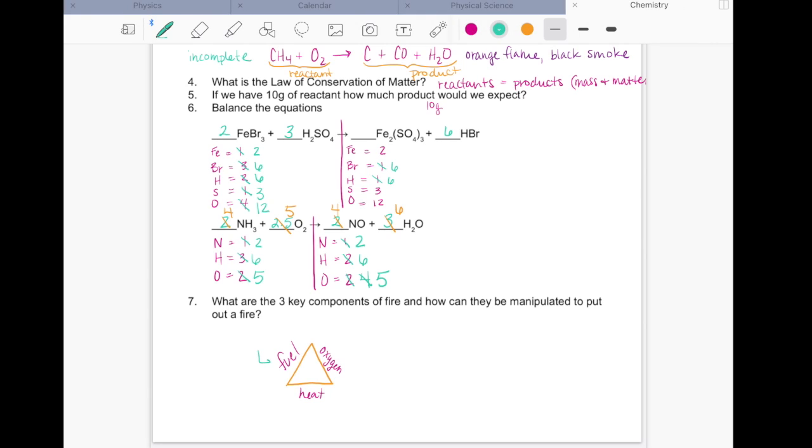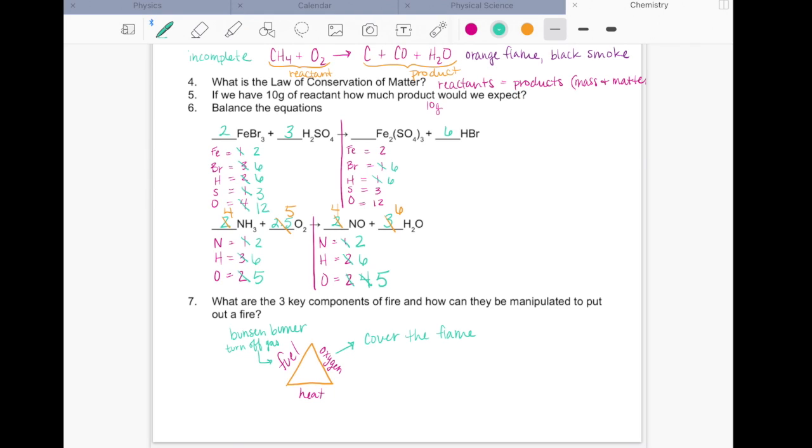I didn't show this in class, but I could have used a Bunsen burner. Right, and with the Bunsen burner, if I turn off the gas, it's going to stop the supply of fuel and put out the flame. For oxygen, we can cover